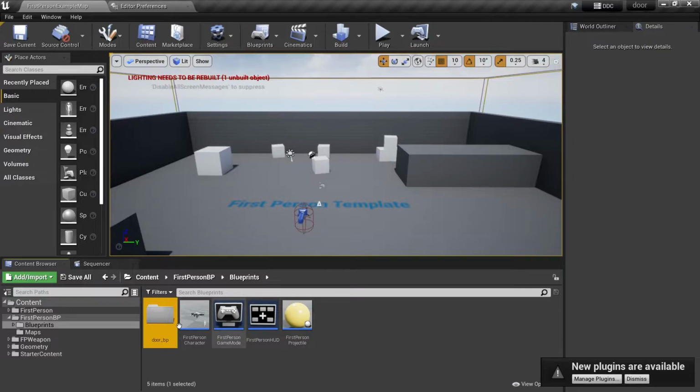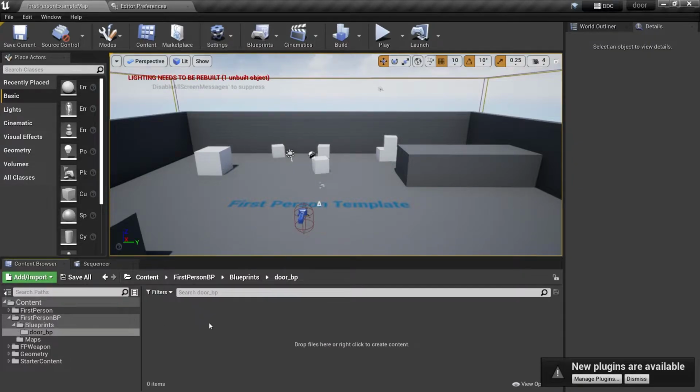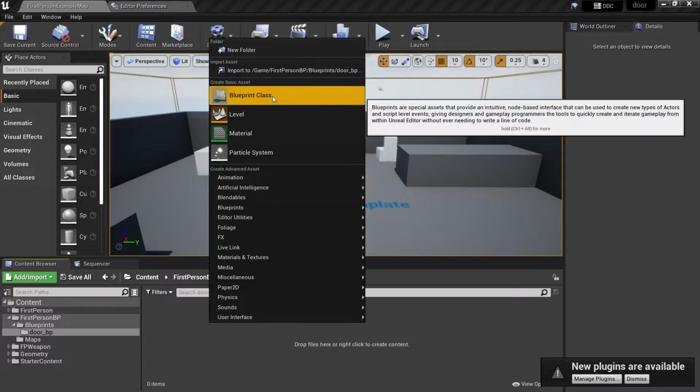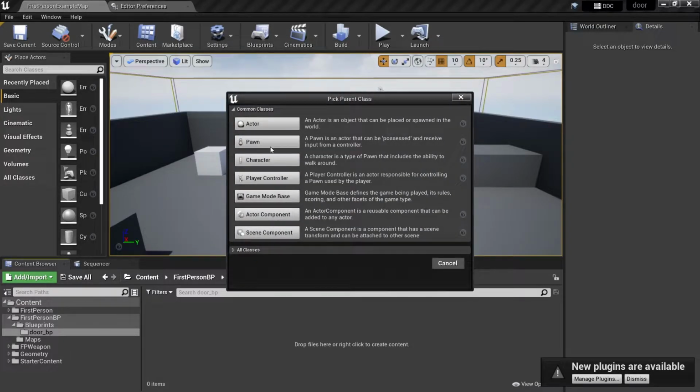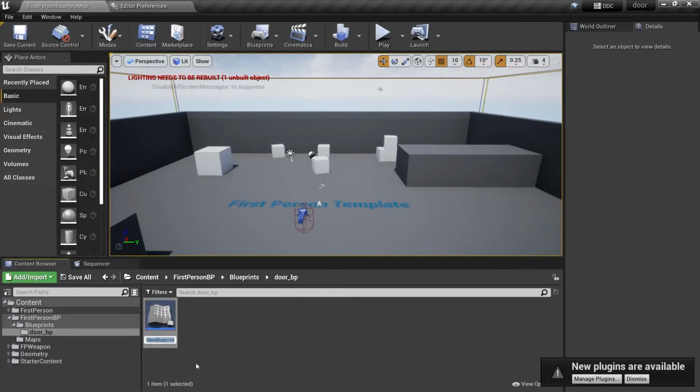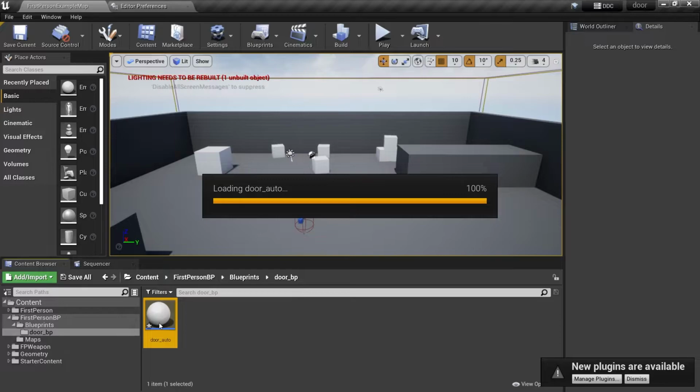Okay, let's open this and right click here and click on the blueprint class, because we are creating a blueprint class for actor. You need to click on the actor. After, you can name this door auto. You can name it whatever you want. Let's open this